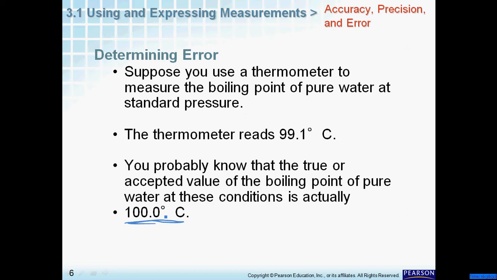If the thermometer tells me that the boiling point of my water is 99.1 degrees Celsius, there is an error. Error means it's wrong. So the thermometer is wrong. In this instance, the error is off by a systematic error. So a systematic error